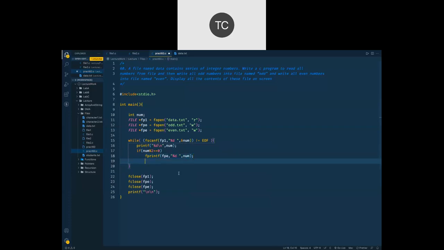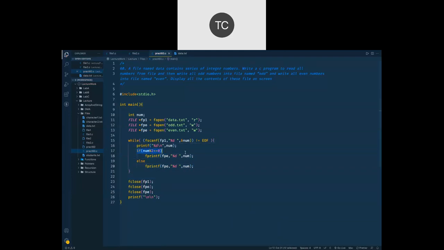Simple. Now just like this, if number modulo 2 is not equals to 0, then we will have the else part, and inside this else part we will simply copy and paste this fprintf function. Simply we are going to write that number in odd file, and done.